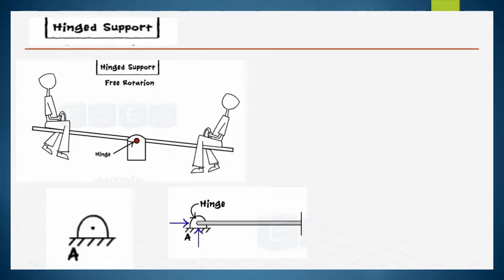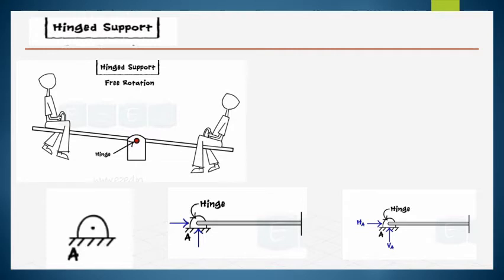So there is no restriction for the rotation. There is restriction only for the translation motion. So the reactions will be only in the vertical and horizontal directions. There is no linear motion, that is the translatory motion. So reactions will be both horizontal and vertical. You have to show the reaction as it restricts the horizontal motion as well as the vertical motion. There will be no reaction in the moment direction, that is the rotational direction, at the support,